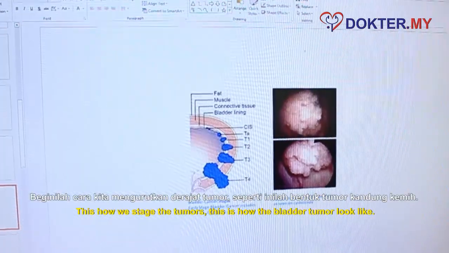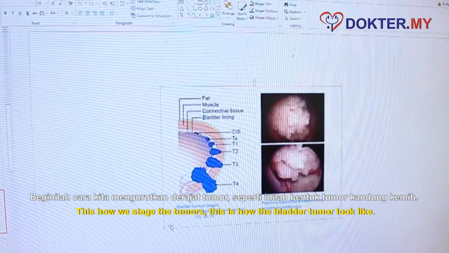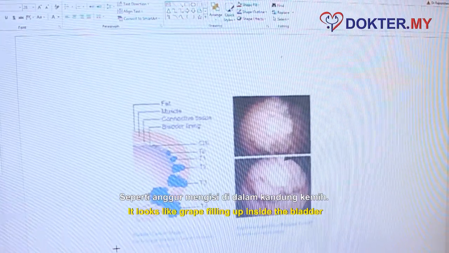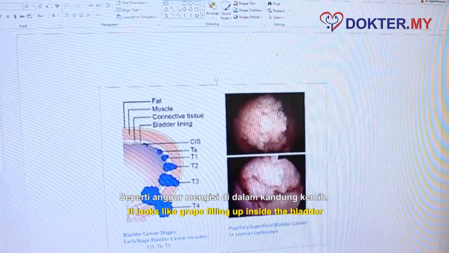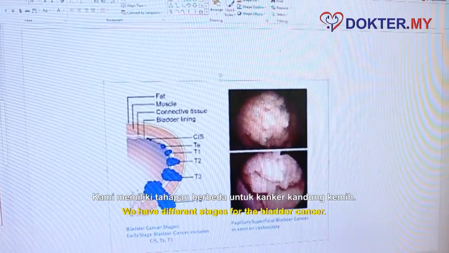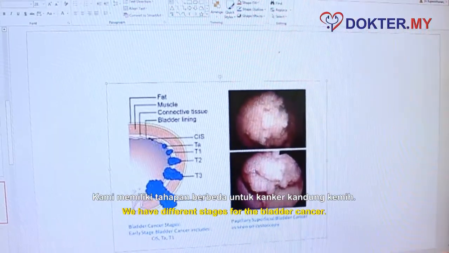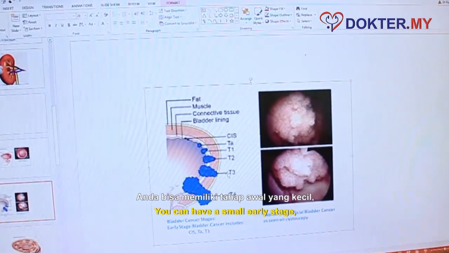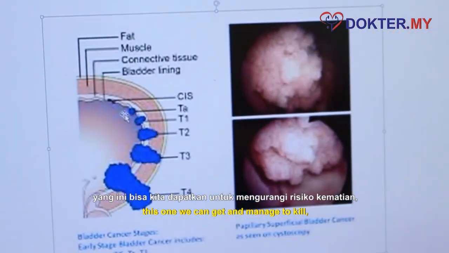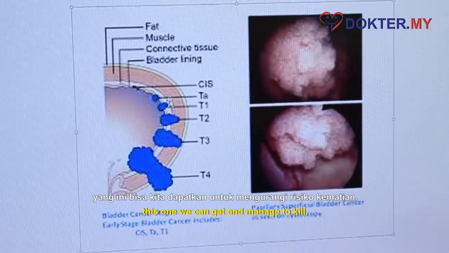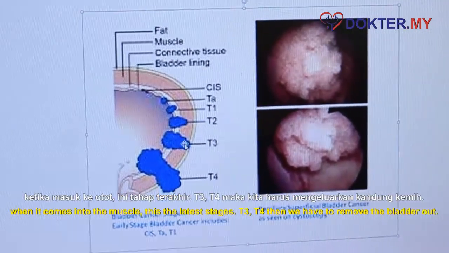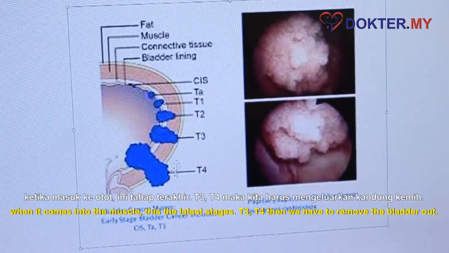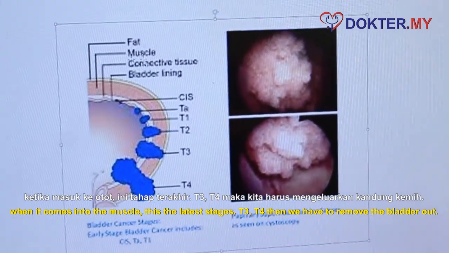This is how we stage the tumors. This is how the bladder tumor looks like. It looks like grapes filling up inside the bladder. We have different stages for the bladder cancer. You can have a small early stage. This one we can manage to cure. When it comes into the muscle, this is the later stages, T3, T4, then we have to remove the whole